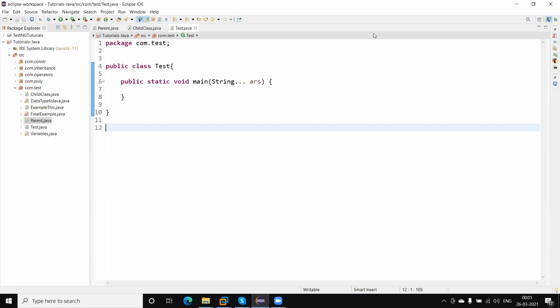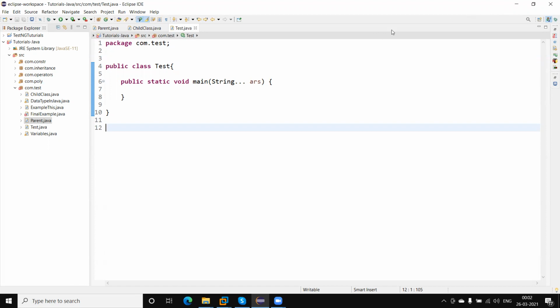When we are creating an instance of a subclass, an instance of the superclass is automatically created, right? And with the help of the super keyword, we can refer to the parent class object. To use the super keyword we require two classes. One is the parent class, and the second is the child class. Here we can use the super keyword in a child class to refer to the object of its immediate parent class.